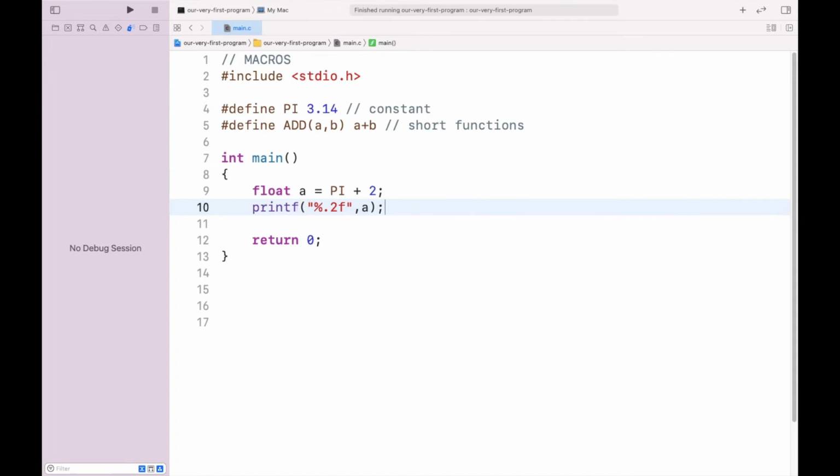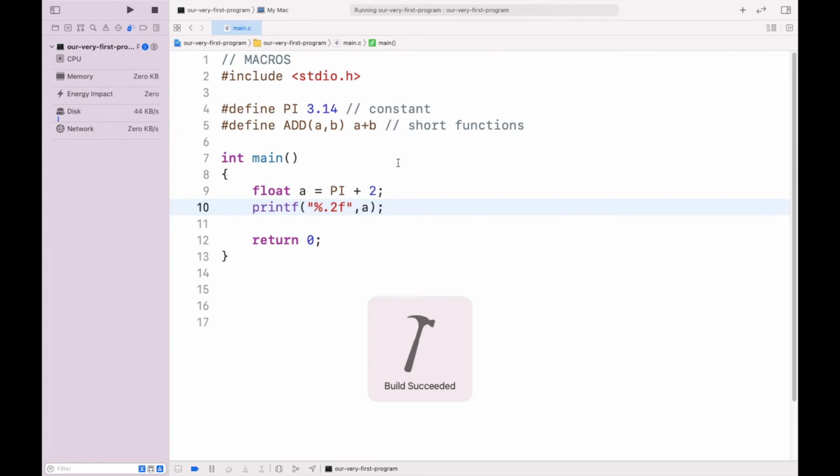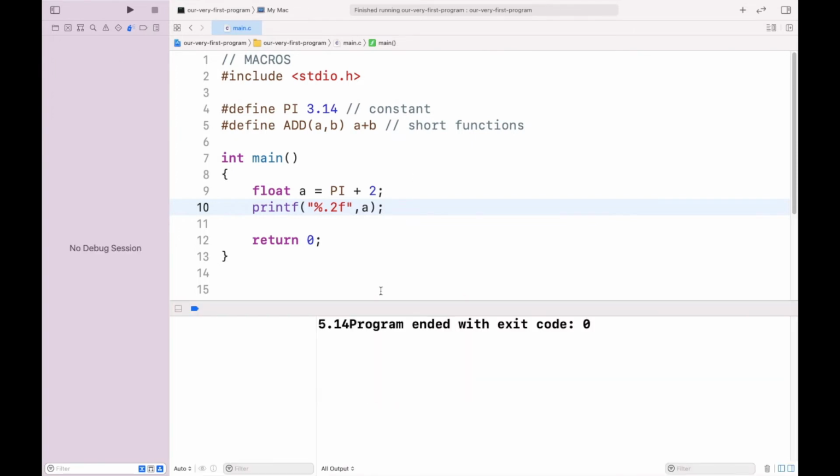Let's see what we have as an output. You can see PI was replaced by 3.14, and we added 2 to it, and we get the answer 5.14. So this was how we can use hash define as a constant.